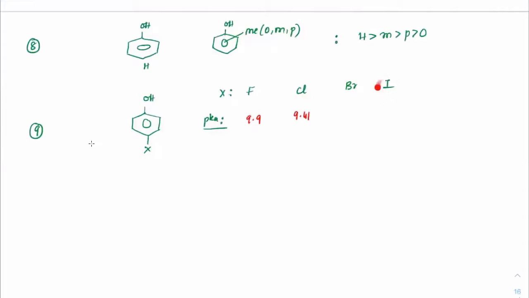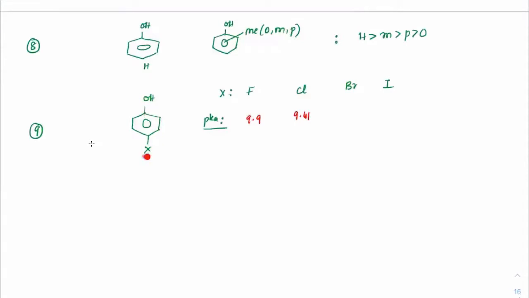Now, as you come towards bromine and iodine, what is happening? Like I said, iodine will become more withdrawing, and it is at para position. So inductive effect for all of them are less. See, inductive effect will act up to a maximum of 3 to 4 carbons. After 3 to 4 carbons, inductive effect gets nullified because the distance has increased a lot. Everybody got the point? From this position, this is oxygen. This is the first position, second position, third position, fourth position, and on the fifth position, there is halide. So the effect of inductiveness would be very less, as you compare for a far distance.